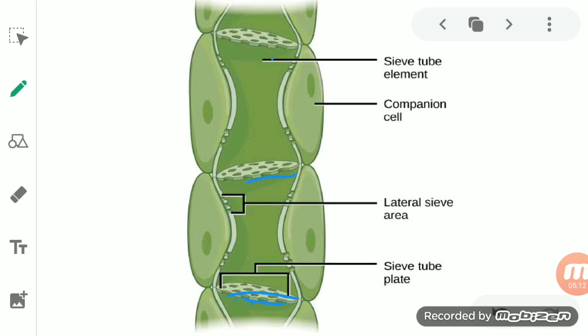Okay, so I'm repeating it again. This is the sieve tube, which is slightly larger, and at every end, from here to here, you see there is a plate-like structure. This is a perforated plate. The cells are little taller, and the perforated plates have openings all over. This plate-like structure present in a sieve tube, we use the term for that, sieve plates.